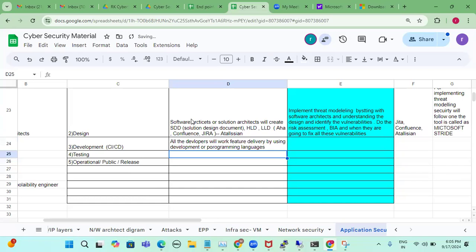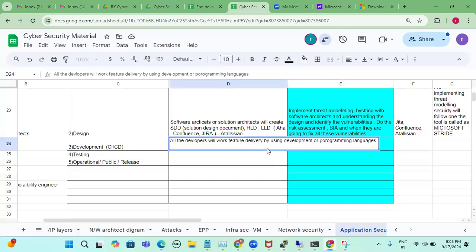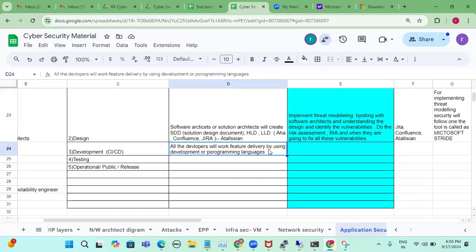So continuously they will develop and continuously they will integrate it into DevOps. Integration can be done by the DevOps team. Then what is our role on the development side? Here a couple of tools are used for code quality and code assurance. Not only our team, the developers also will verify whether the code they are developing is correct or wrong, and whether any bug exists. For that they will use a couple of tools like